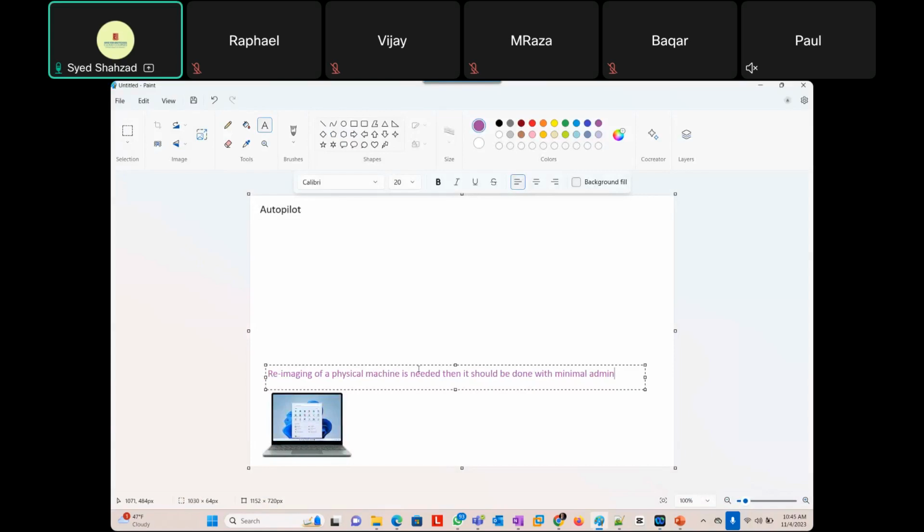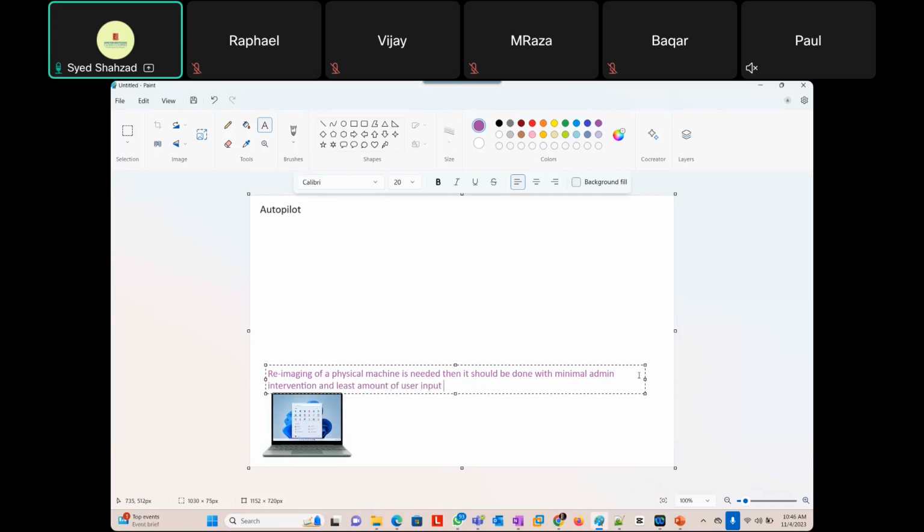Oh, what is the machine name? Do you want to enable this option? Do you want to disable that option? It stops again and again, and you have to attend to it and click, click, click. So it wastes a lot of your time. So if re-imaging of a physical machine is needed, it should be done with minimal admin intervention